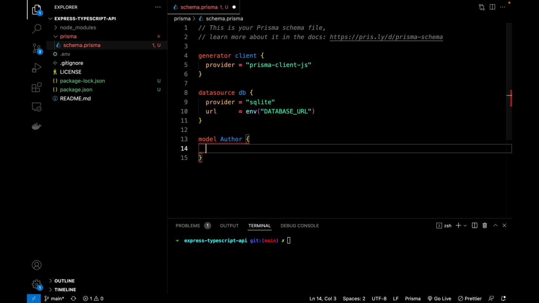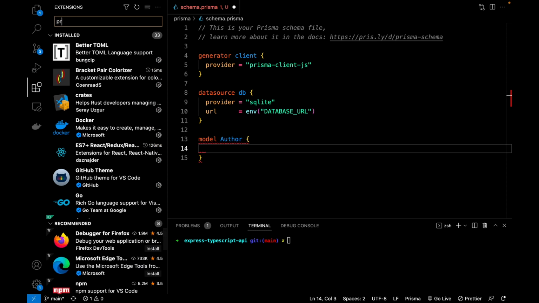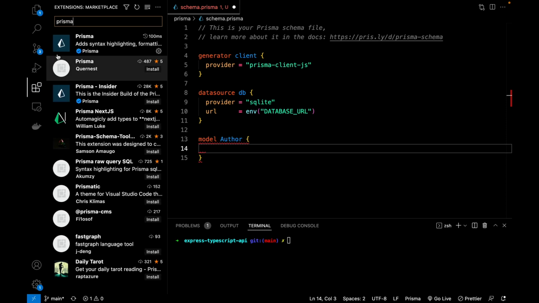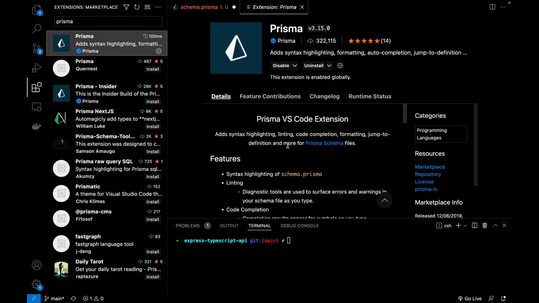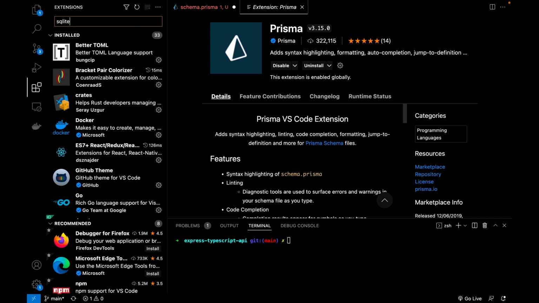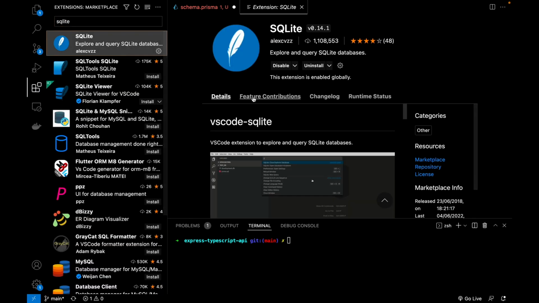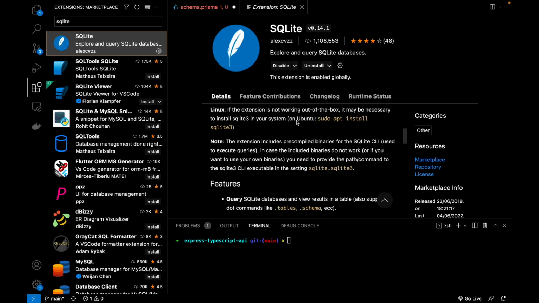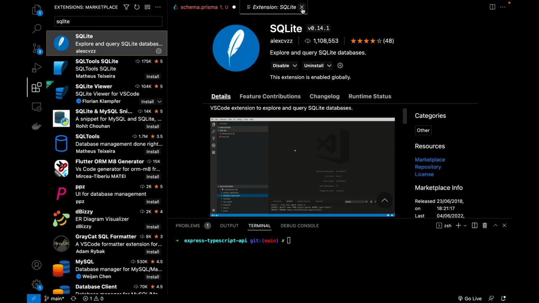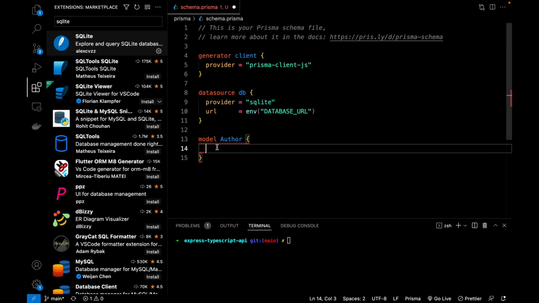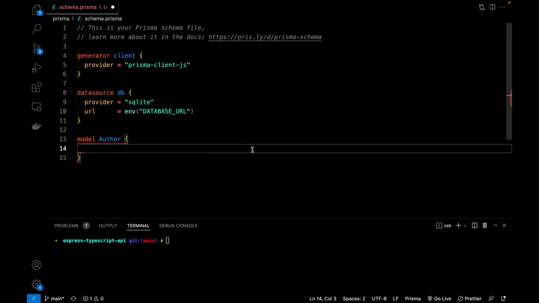Actually, before I continue, if you're using VS Code, there are some nice extensions that you can add. For example, Prisma, which helps with the schema.prisma. That way you get some color coding as well as type hinting. The other one is SQLite. So if you're following this tutorial word for word, with the same database, you can download this SQLite extension, which just adds a nice interface for you to view your SQLite tables. All right, so hopefully if you guys are following along, please go ahead and install those on VS Code, as